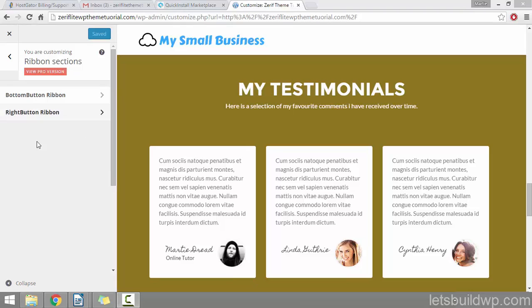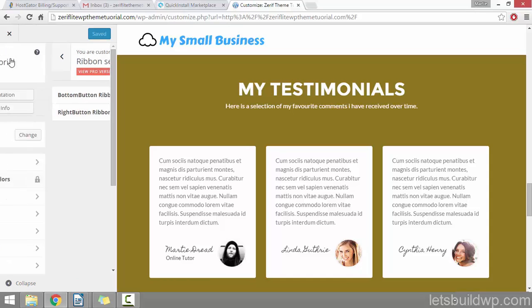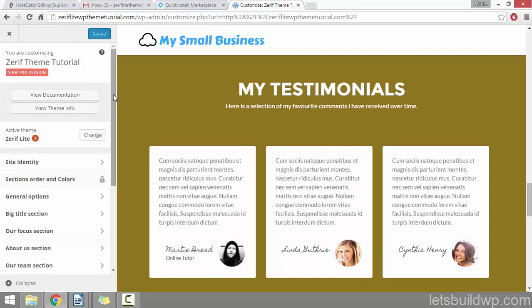So these ribbon sections are basically 2 call to action sections that are going to appear on the home page of our website. Now they don't show up in the preview until we actually add them, so you can choose to not use them or just use one and not the other. But we're going to be linking these to 2 pages on our website which we haven't actually added yet. So for now we're going to leave this section alone, and we'll come back to it a bit later on in the tutorial. So for now you just want to click the back pointing arrow, and we can go on to the next section